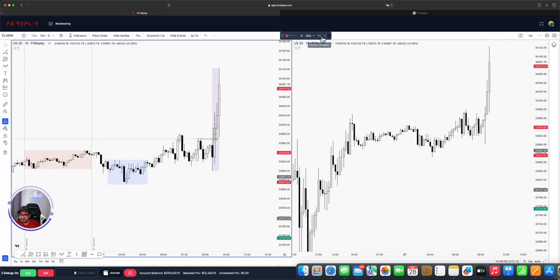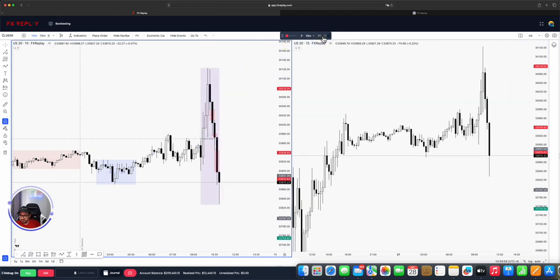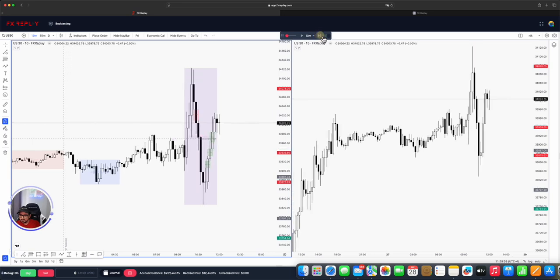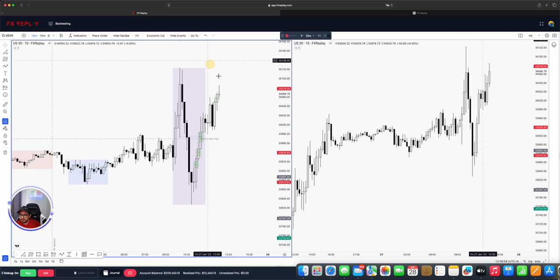So now let's play price once again. Here we are not getting anything on M10 and we are not getting anything on M15 as well. So we just play price once again. And it just collapsed without us, and it again came back within the same session. So nothing to do here. We skip 27th, we move to